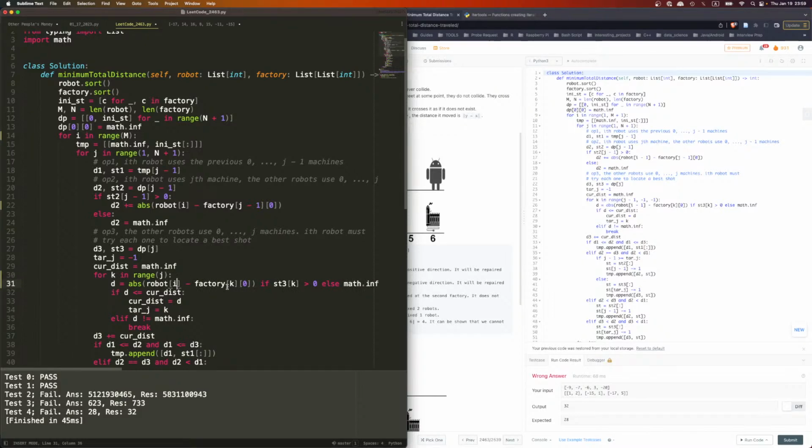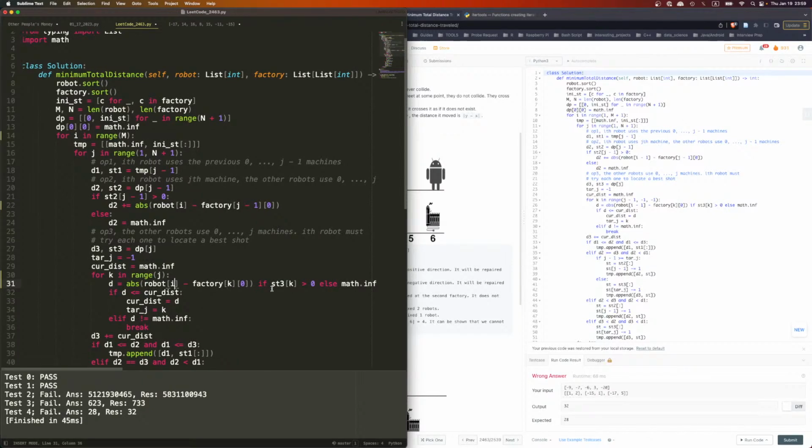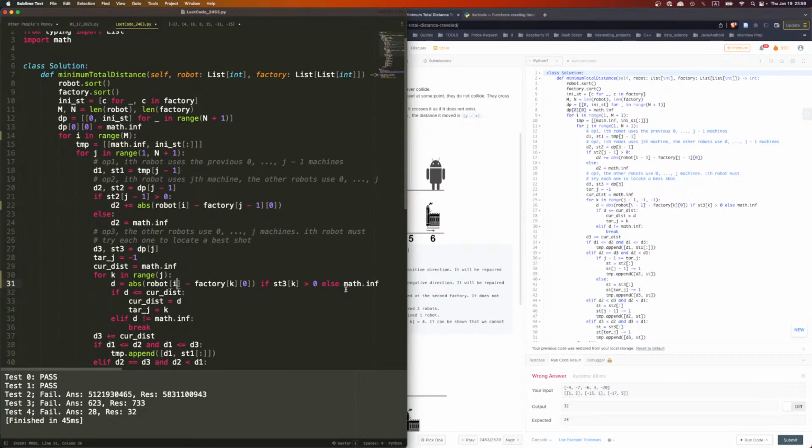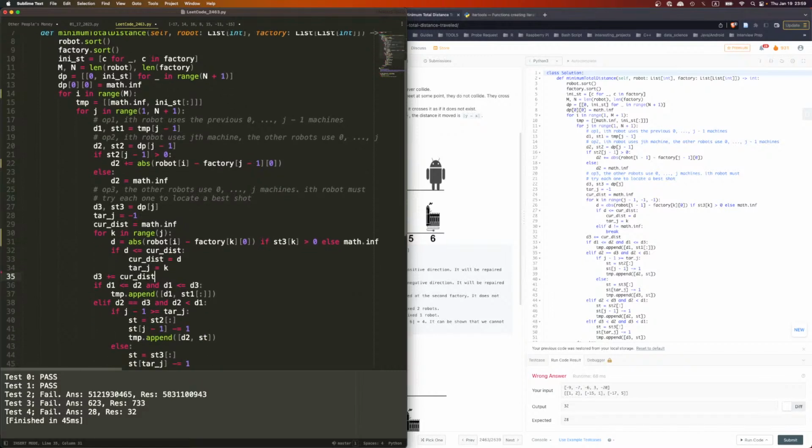And then for each one, we're gonna say dy will equal to this if we have capacity. Otherwise, d is gonna be infinity. And then if d is smaller than this, current will be this, and then let's just go through everything. It's simpler. And once we're done, d3 will plus equal to this, and then